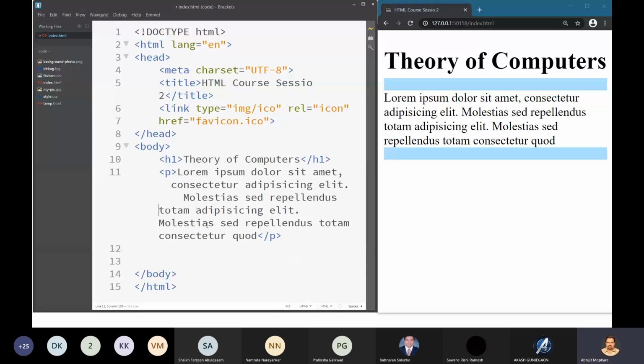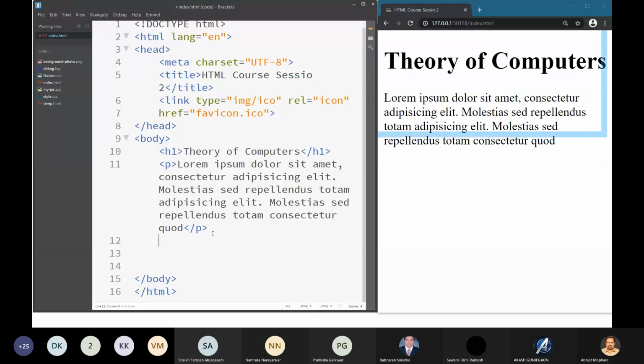So how do we put the image inside our HTML document? For that, we have to use the image tag.